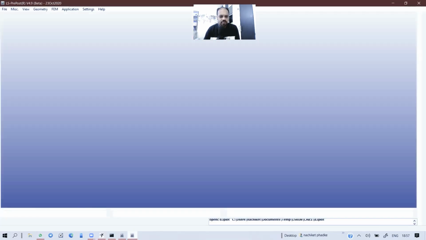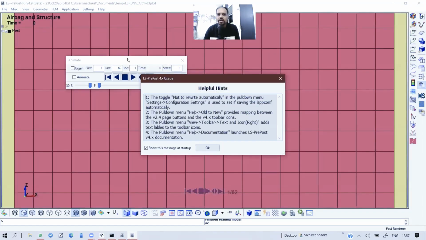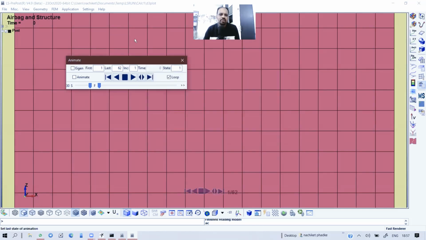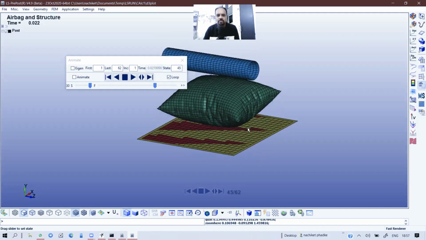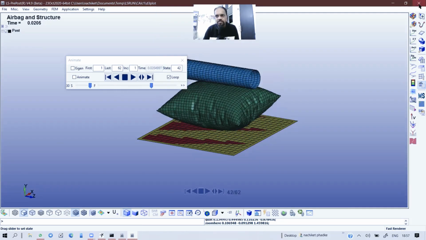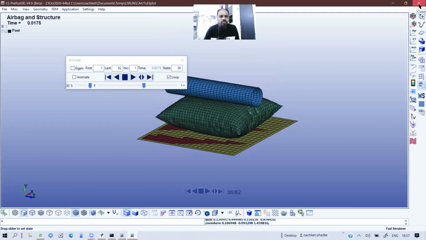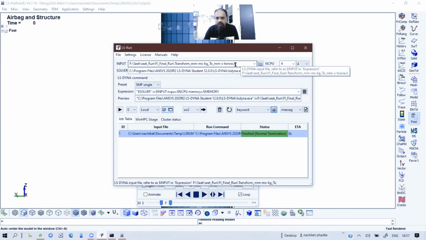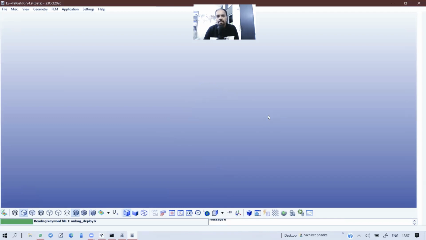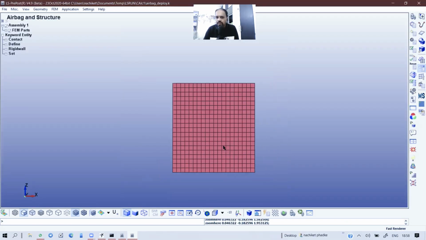You will see this. Okay, so this is the 4.9 beta version. It's under testing. This is pretty latest, and you can see that it is working. Okay, so this is how LS-PrePost will give you the file or animation, and you can simply close this. If you want a keyword file to open, you can change it to keyword and click on LS-PrePost. So whatever is inside, or whatever this input file is, will open in the keyword, or the latest one.